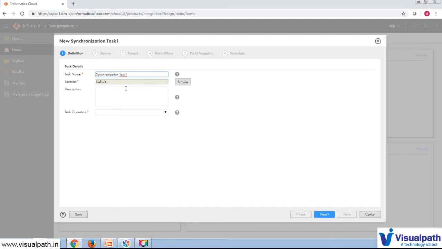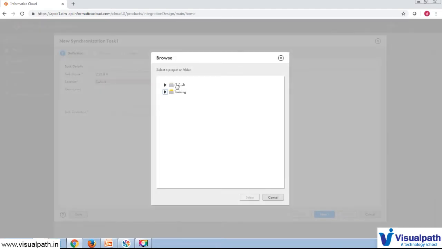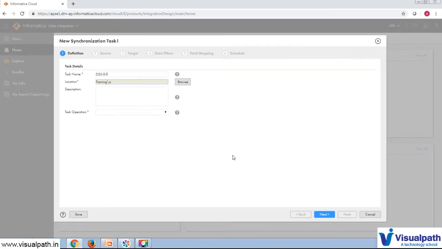So I'm going to name this task data synchronization flat file to flat file. And here, where you want to store this, by default it is creating under the default location. Instead of the default location, I am going to store this in our training folder.